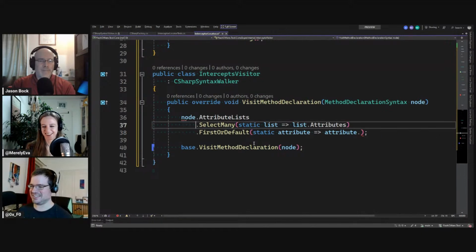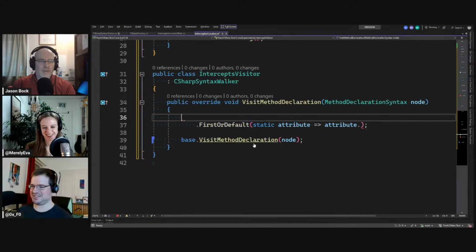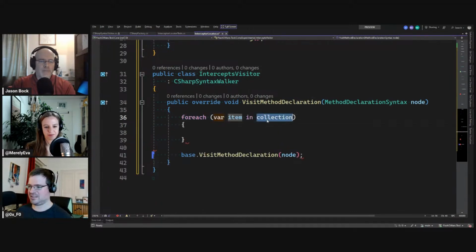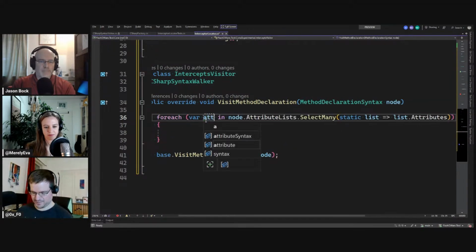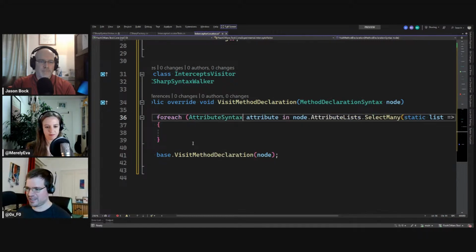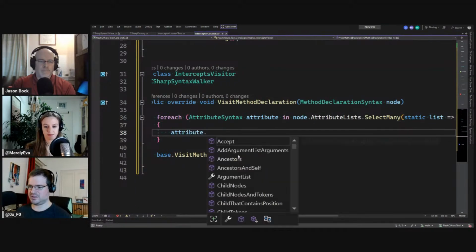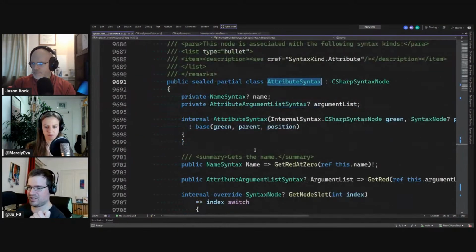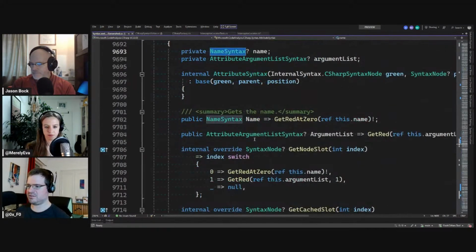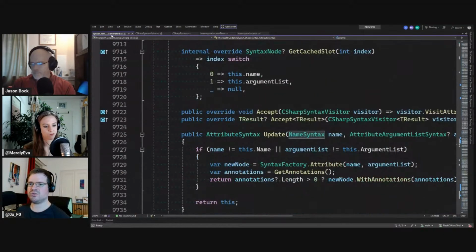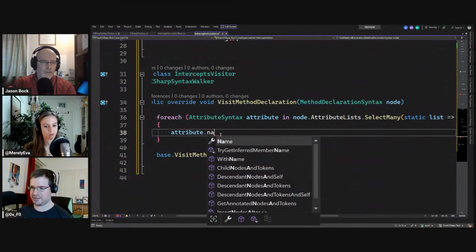Perhaps let's put this into a for each. We have a body. We find all the attributes. What is that? That is an attribute syntax. And now this attribute syntax has a name syntax. Would this suffice, or should we give it a try?